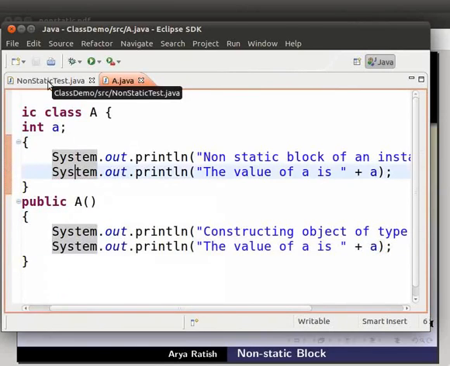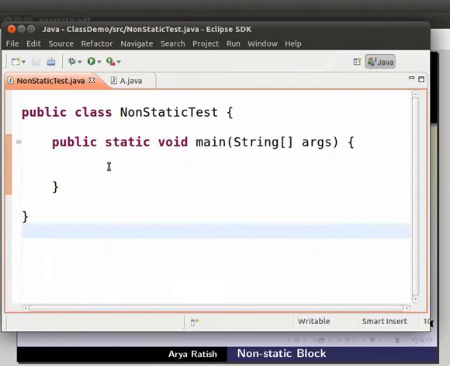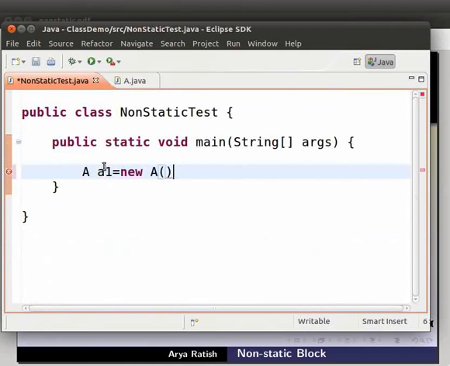Inside class nonstatictest in Eclipse, let us create an object of class A. So type A space A1 equal to new space A opening and closing brackets semicolon.